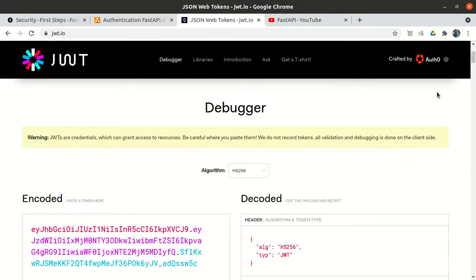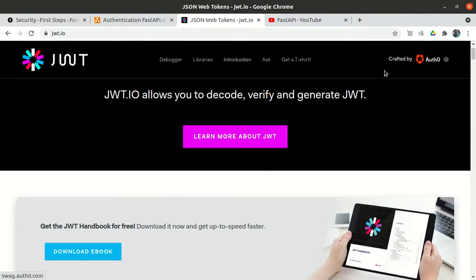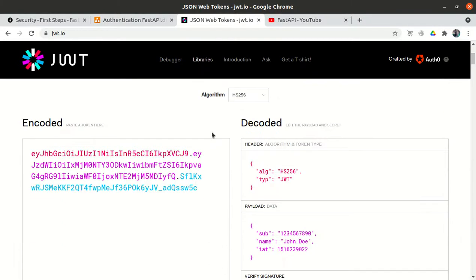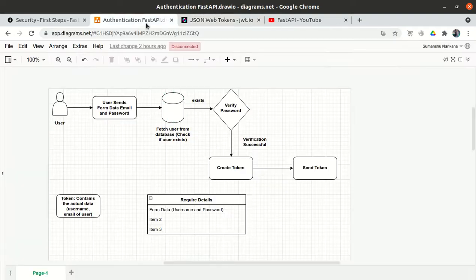Okay, so let's look. There is an official website, jwt.io, so let's look at how the token looks. I could say this is a token, right? You can see it is some garbage characters. To us, the front end user, these are garbage characters, but it contains some information, because this token gets created from this data. As I told you, the user is entering the data, the email id and something, we are encoding it, or you can say encrypting it, then adding a few more things, and then creating a token. So this token contains actual data.